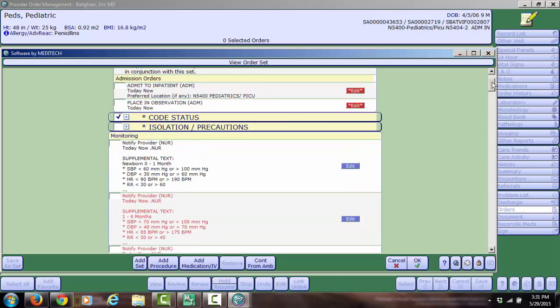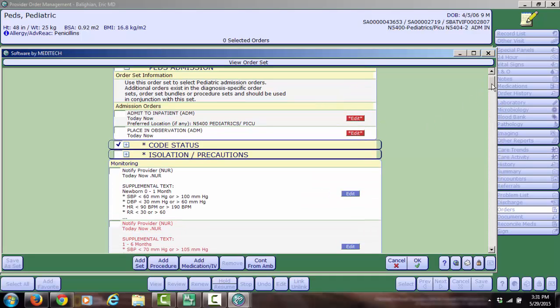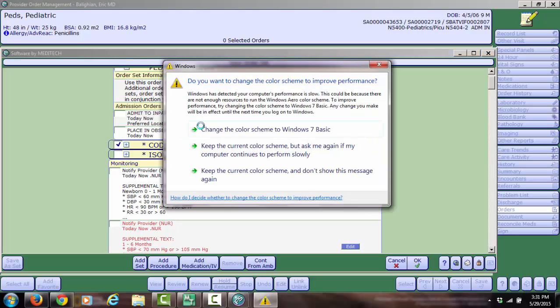Let's go through it. So the first question that you'll have to figure out is the patient going to be admitted to inpatient, or is the patient going to be placed in observation? In general, if you anticipate the patient will stay more than 2 midnights, that includes if the patient was in the ED in that midnight as one of the midnights, then you would choose admit to inpatient. If you anticipate the patient will stay less than 2 midnights,